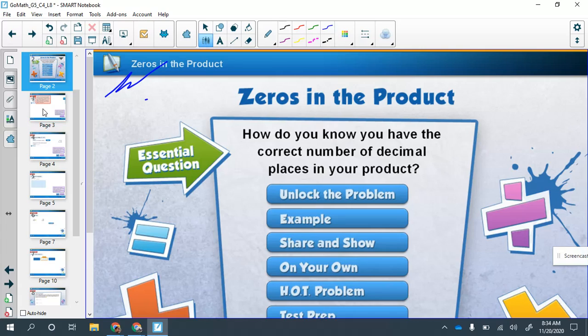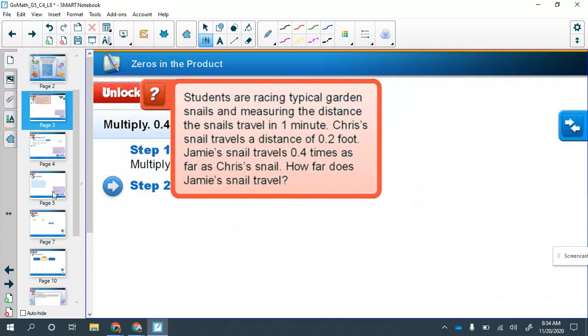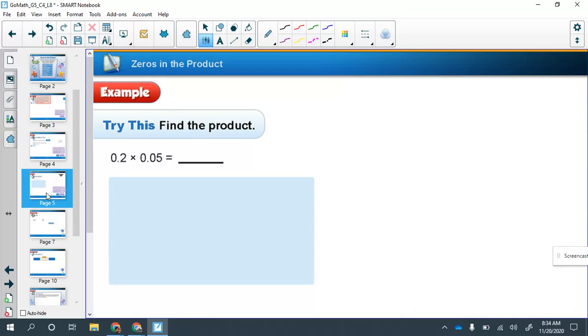But sometimes we end up with a situation where that doesn't work out perfectly because we don't have quite enough digits in our product to be able to account for it. So we're actually going to skip forward just a little bit and take a look at this one to look at this idea. So for our problem here, we have 5/100 times